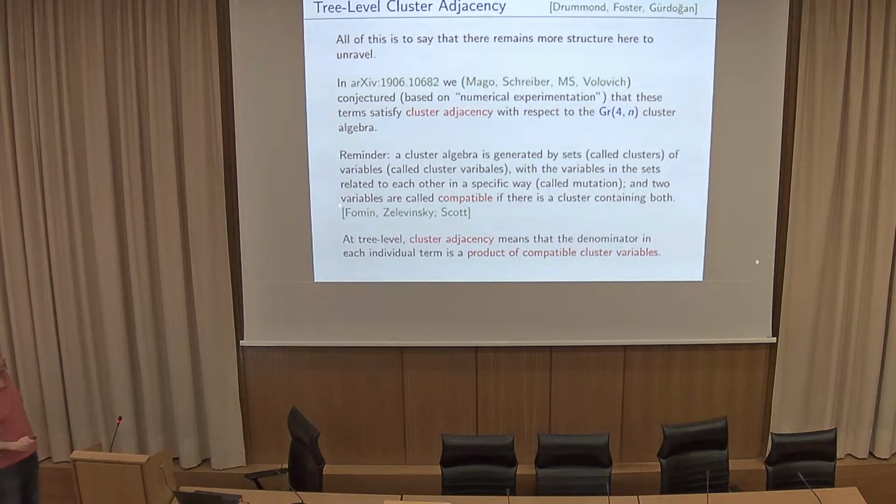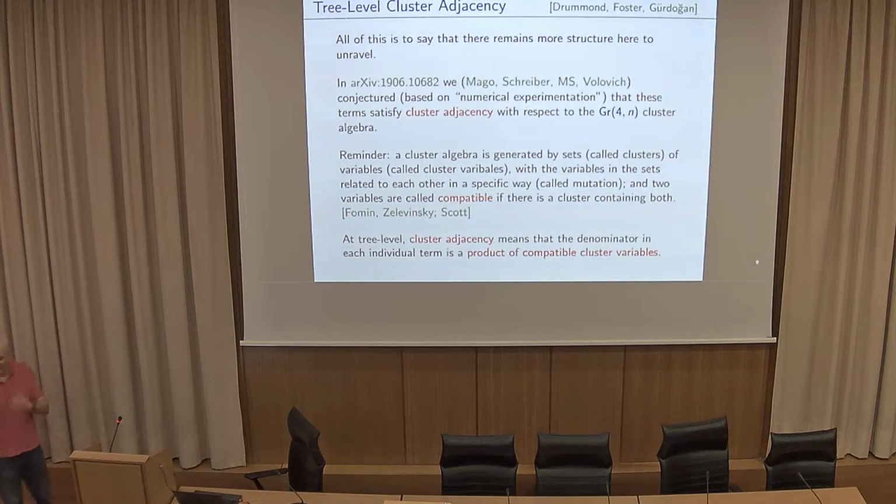And this is a new word I'm introducing. Two variables are called compatible if there is some cluster where they live together. And at tree level, cluster adjacency, we have rational functions, so we have a sum of many terms with numerator and denominator. The word cluster adjacency means that the denominator in each individual term is a product of compatible cluster variables. So this is a very special property. This would not happen if you had a random rational function. It's some very specific property, and